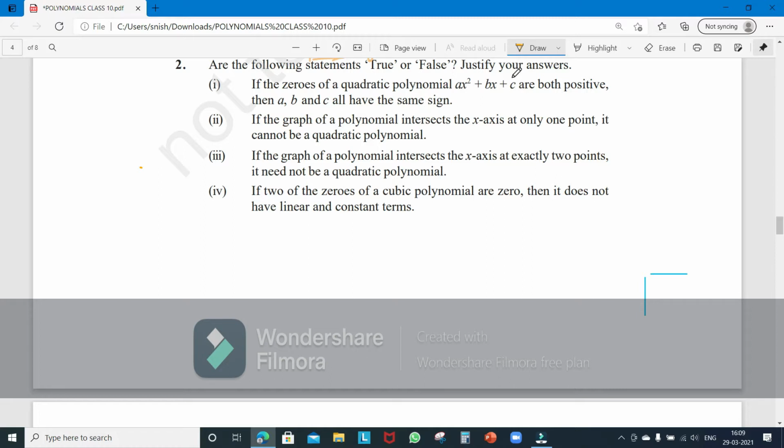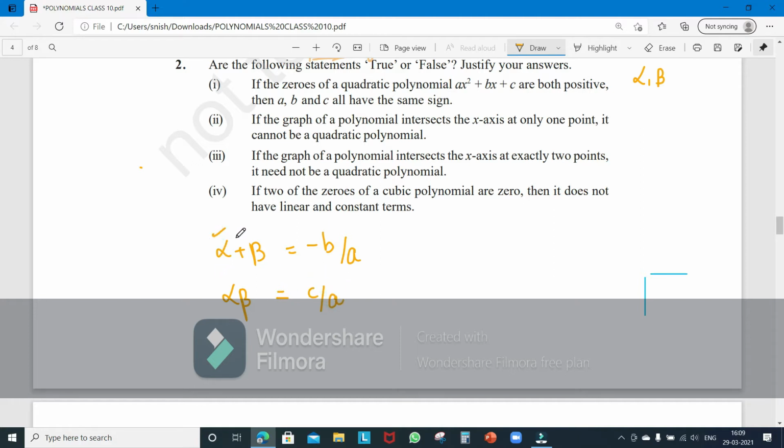In this case, let's assume that the roots are alpha comma beta. Both are positive, that's what is given. Now we have to check if the condition is satisfied. So let's take the sum of the roots, alpha plus beta. In the previous video itself, I have explained much more about the relation of the roots with the quadratic equation, so definitely check out that video if you haven't. If you have, then great. Alpha plus beta will be minus b by a, and alpha into beta is going to be c by a.